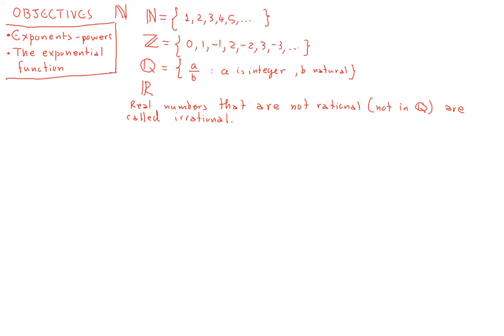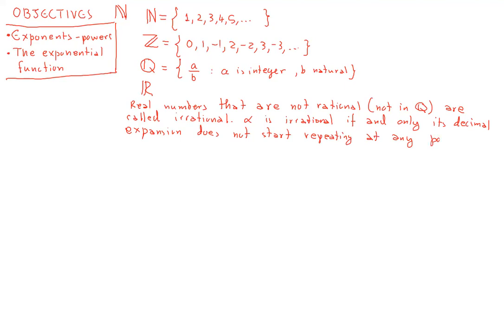So say alpha is irrational if and only if its decimal expansion does not start repeating at any point. What I mean with this is that let's say you have this number